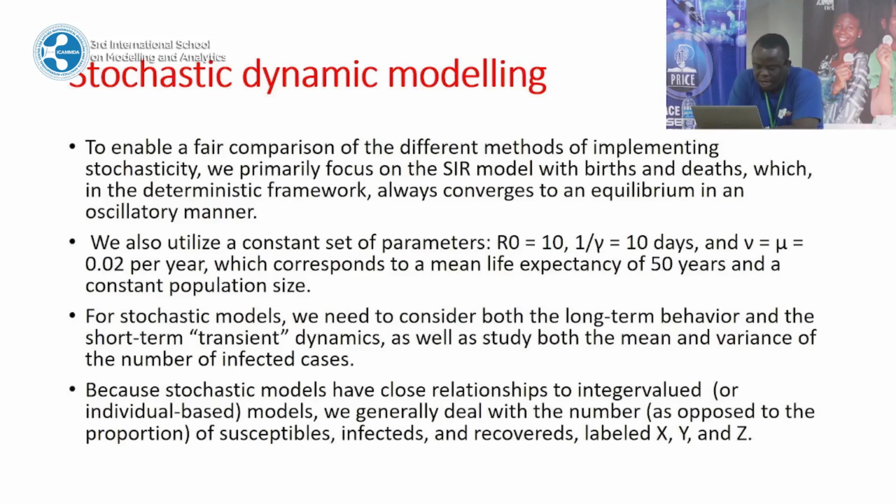For stochastic models, you need to consider both the long-term behavior and the short-term transient dynamics, as well as study both the mean and variance of the number of infected cases. For the deterministic, we have been only looking at the mean number of infected cases. So that's why when you are plotting, take for instance, I'm plotting when you have SIR, and I'm plotting using